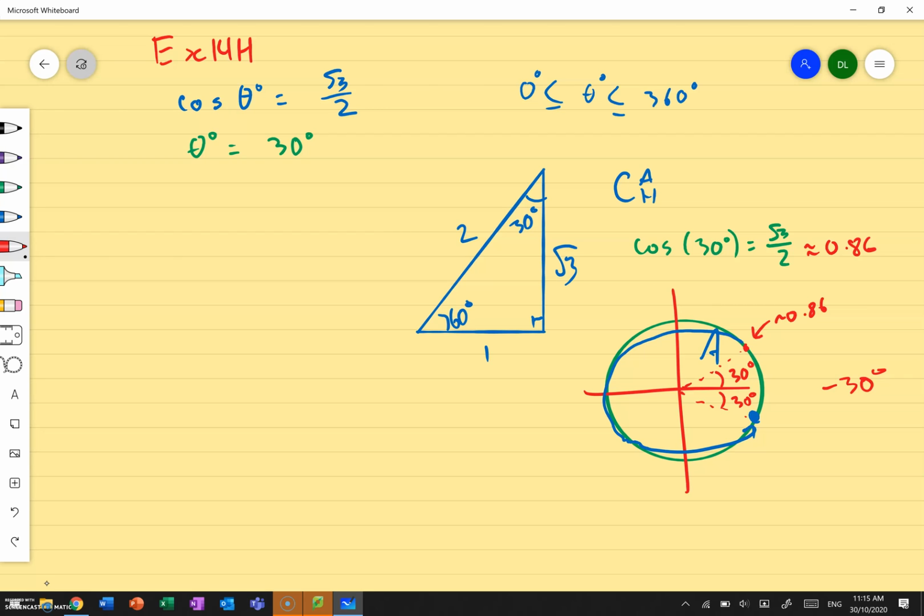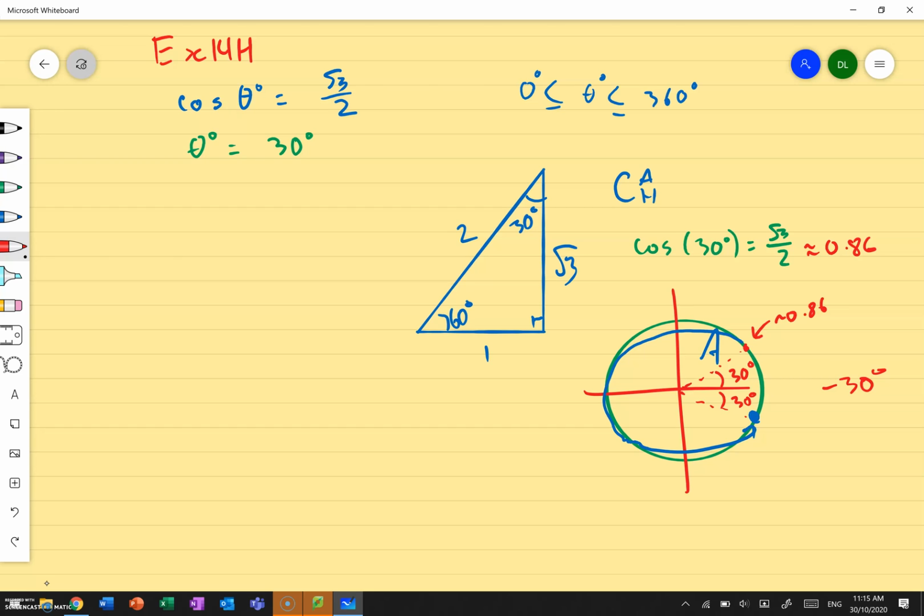What's our domain? Sorry? What's our domain of theta? Yeah, 0 to 360. Now, if there was no domain, negative 30 degrees is absolutely a viable answer. But because our domain specifies it has to be between 0 and 360, we have to find another way to